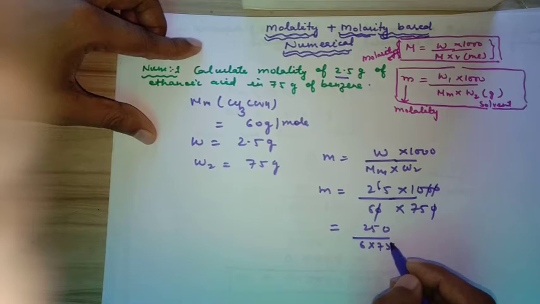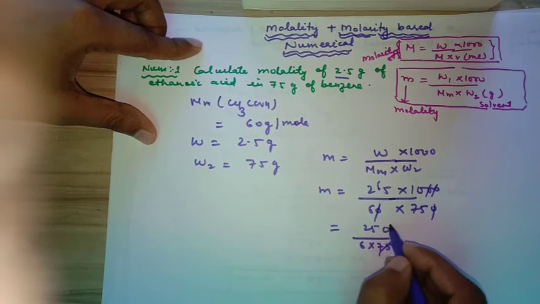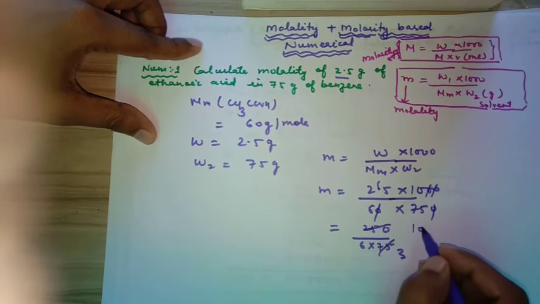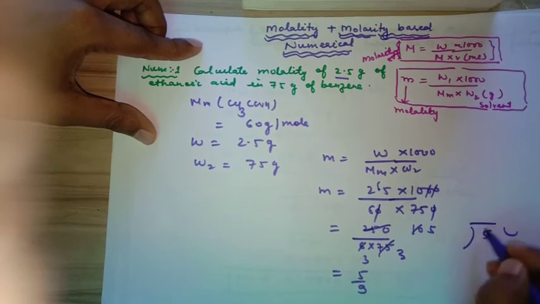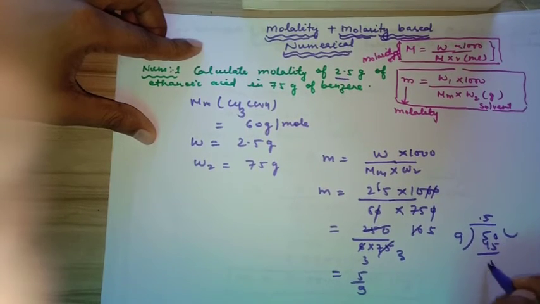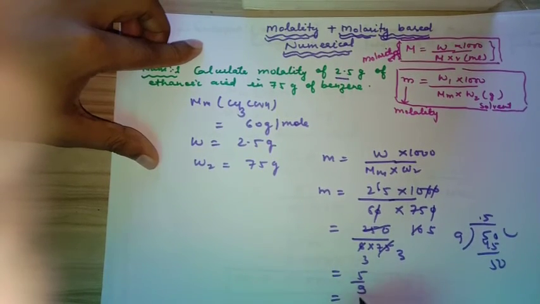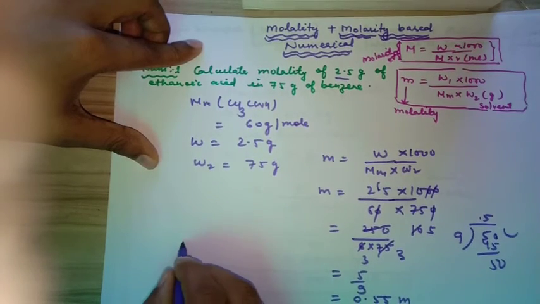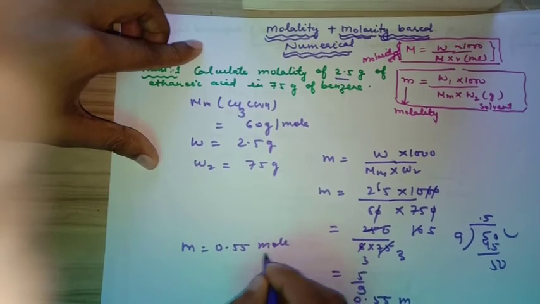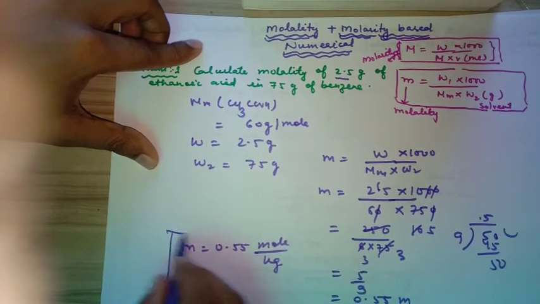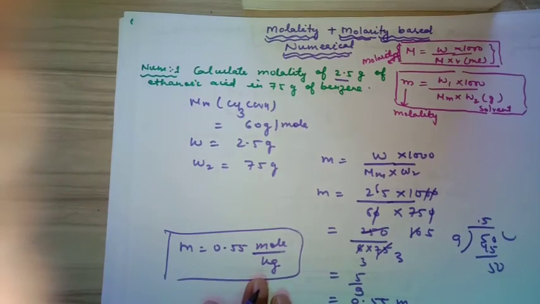So 25 3s are 75, and 2 5s are 10, 2 3s are 6. So it will be 5 by 9. On dividing we get 0.55 m, or 0.55 mole per kg. In this way we can find molality of a given